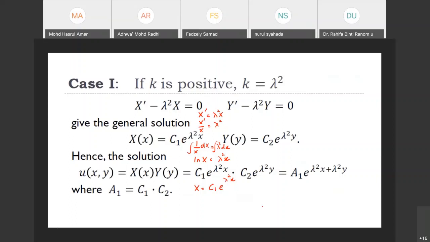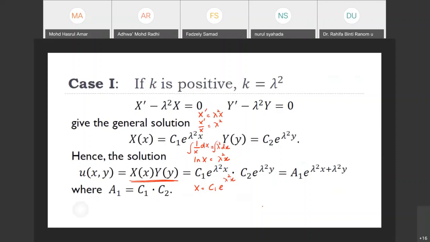Okay, alright, then kita dapatlah solution of X. So we got the solution of Y. Then the solution of u(x,y) when k is positive is X times Y. Kita darabkanlah because this is our assumption, right, in the beginning. Solution of X times solution of Y. Then we multiply this, we can simplify. Alright, then we get A1 exponent lambda squared x plus lambda squared y is the solution of the PDE when